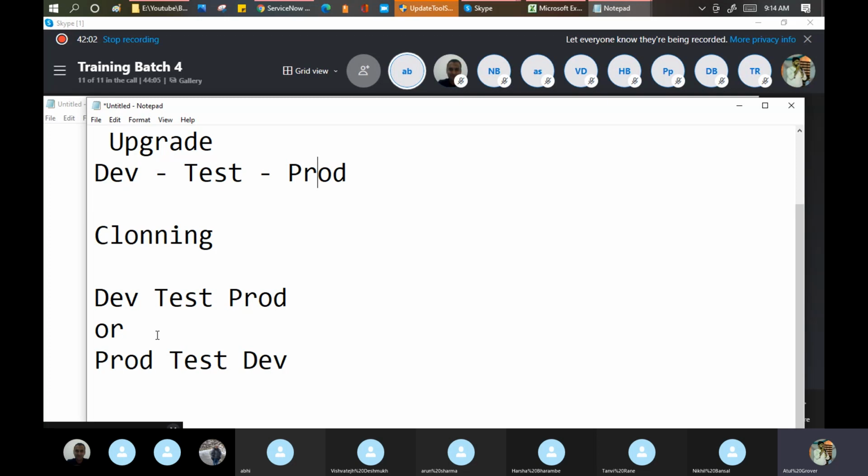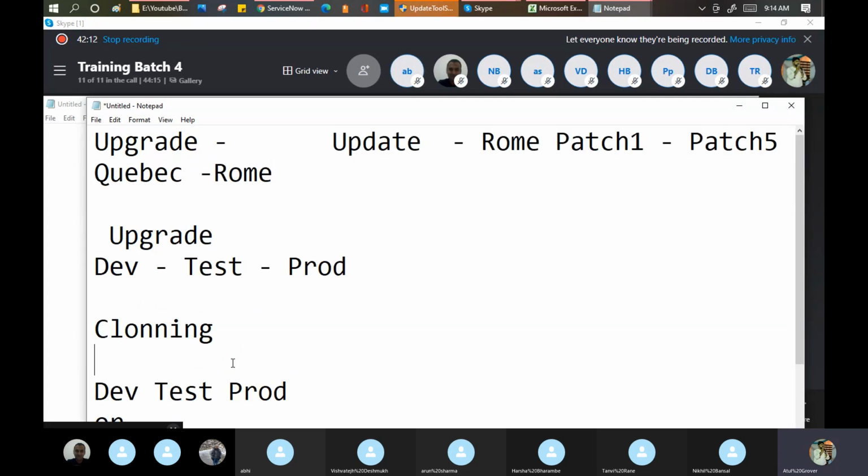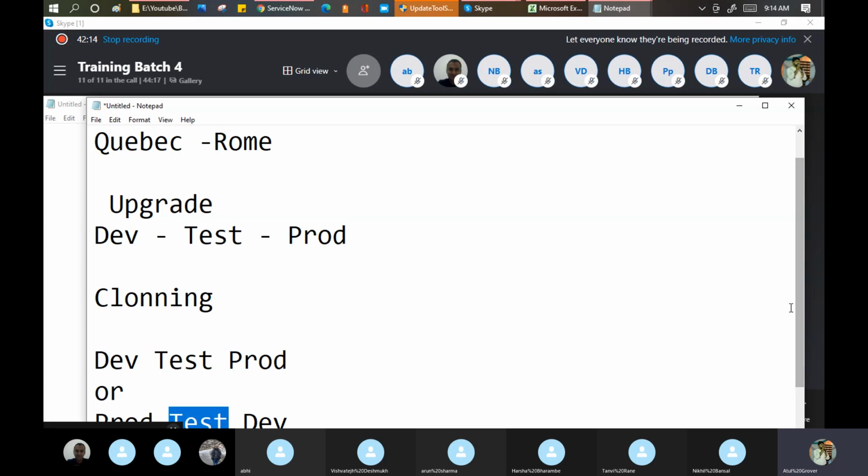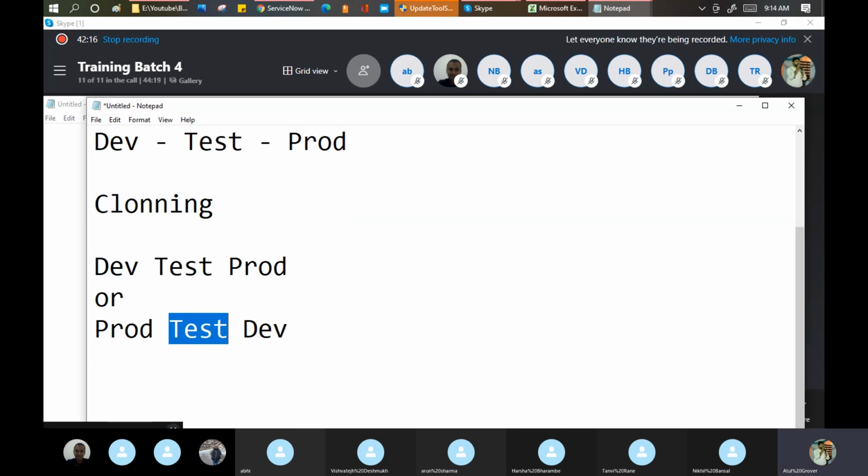Cloning works from production to test to dev, or prod to dev, prod to test. We never ever clone our production environment. Remember that one thing.